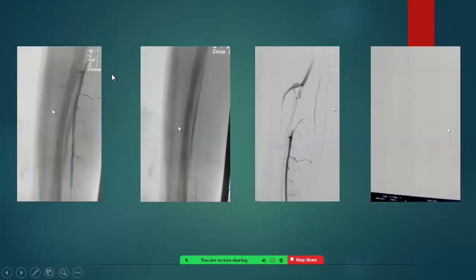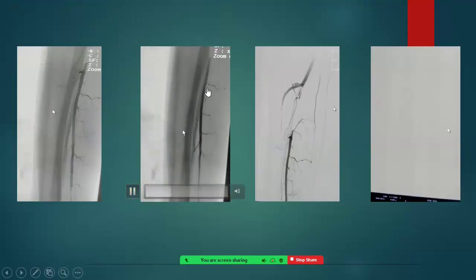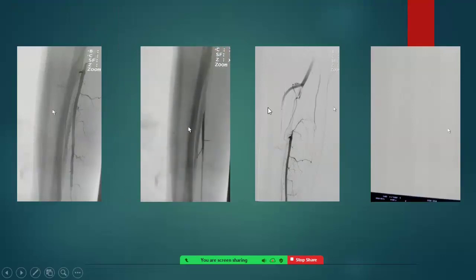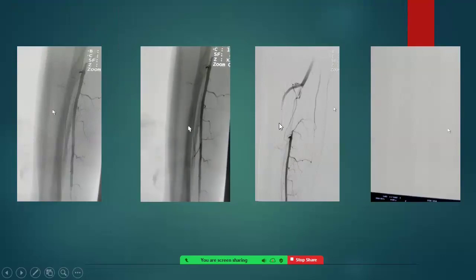So this patient also had the BTK disease. So there is adequate collateral formation. Initially in the angio, there was no filling of the ATA and PTA, nothing else. After this inflow disease correction, there is adequate visualization of the PTA and ATA arteries. So we have to do the PTA puncture by the arterial approach, and only this segment remained that has to be opened up by balloon angioplasty. So after 2 weeks, we are able to open it with the retrograde approach.